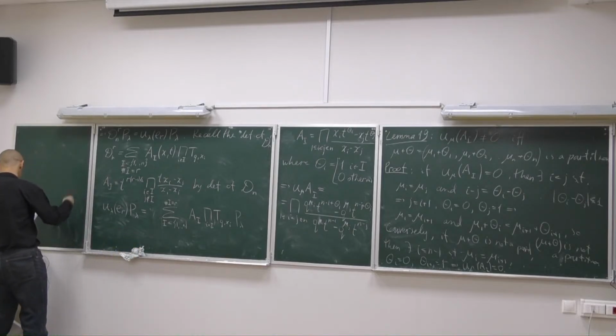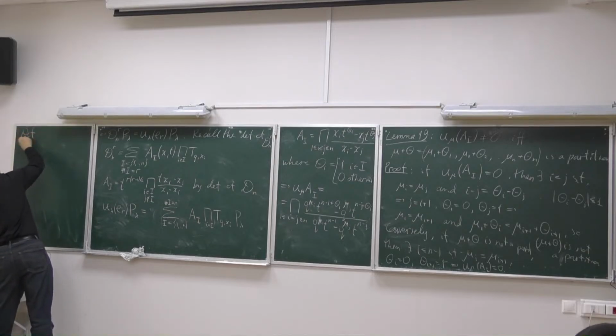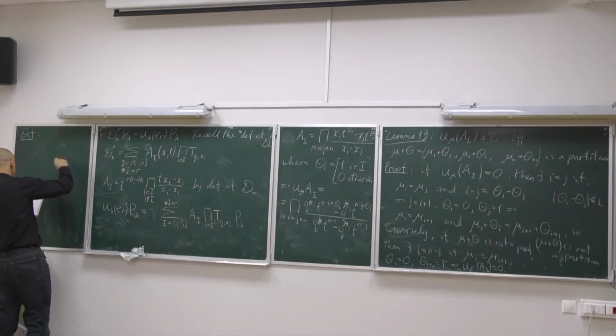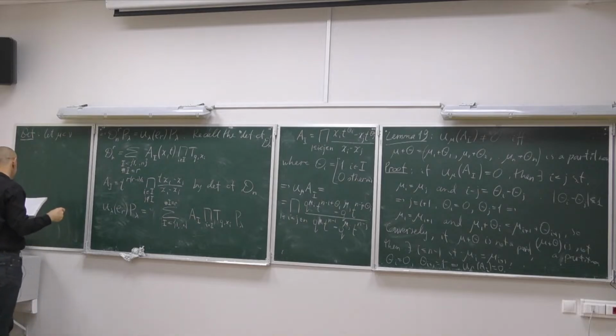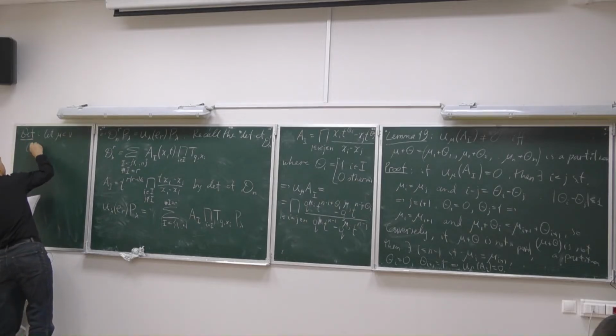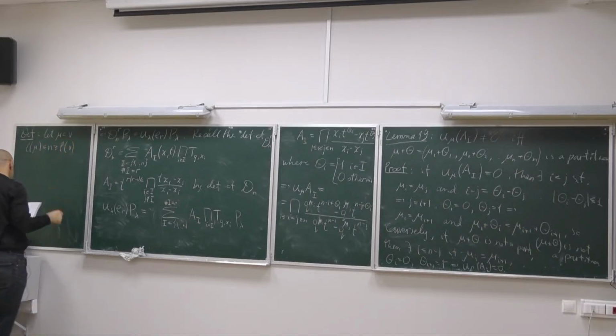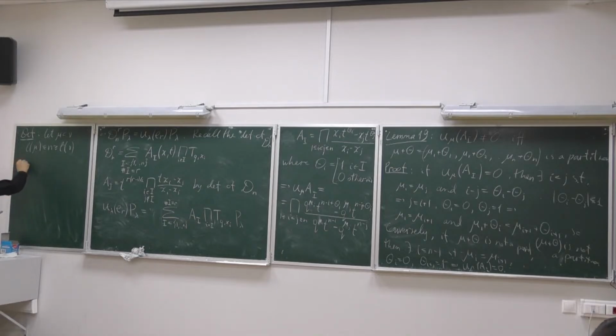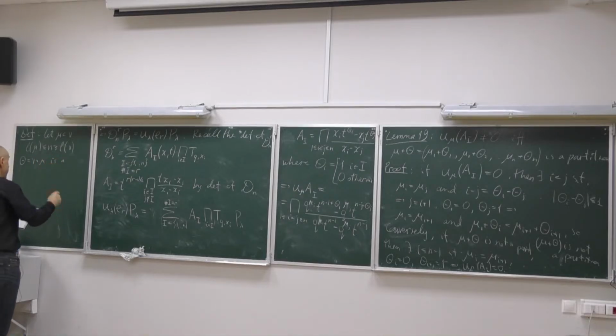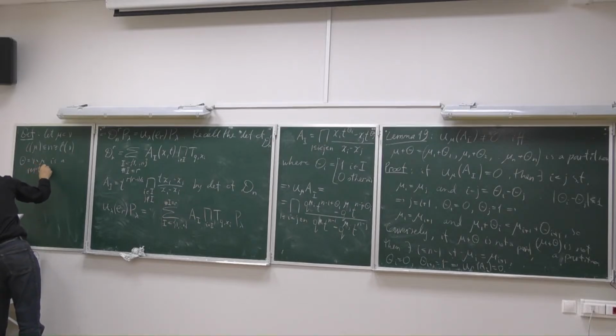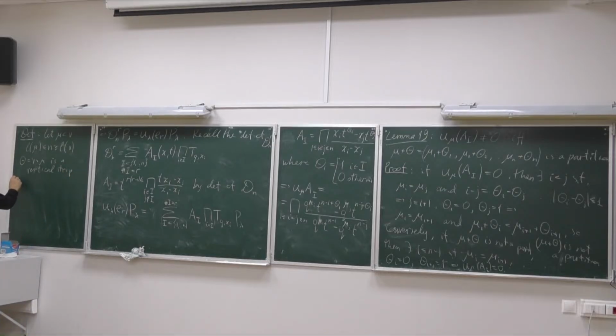Okay, so now let's give another definition. Let mu be a subdiagram of a new diagram, and they all have length at most n. And the complement is a vertical strip. Then we define the coefficient